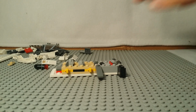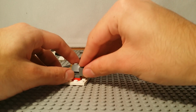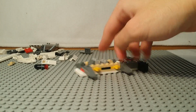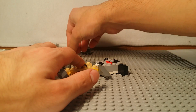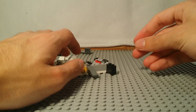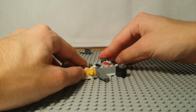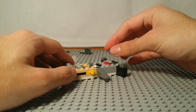So just like that. Okay, next we're going to take two more 1x4 slopes and place them on either side in between the step we just did. And now we're going to take four 1x1 tiles. I know, shocker, we don't really use these very often. Place them on both of the ends here on our bricks, and then we take two more and place them